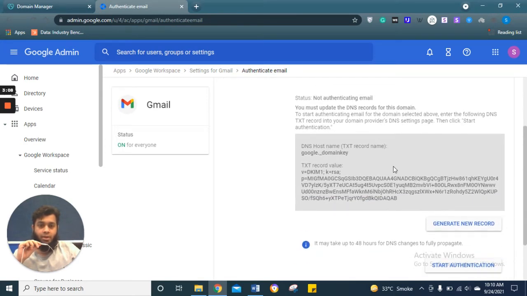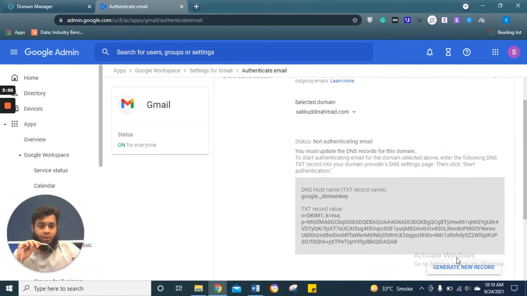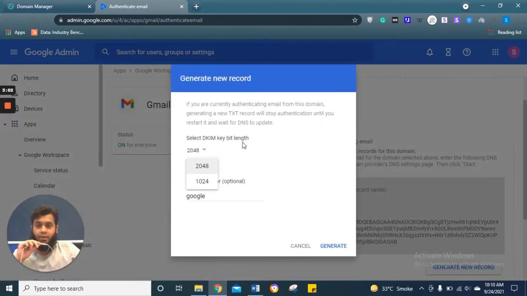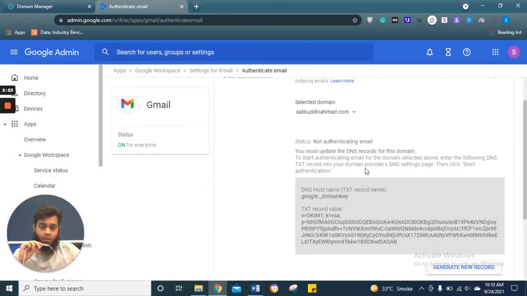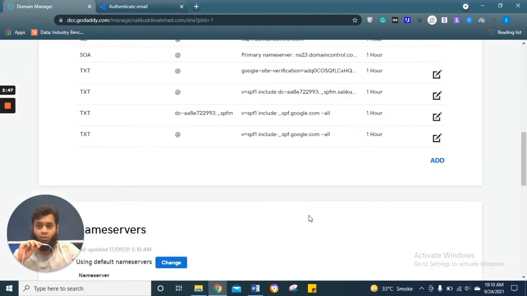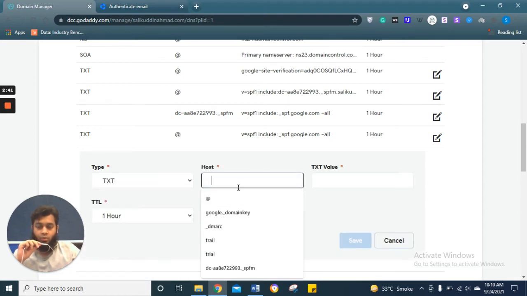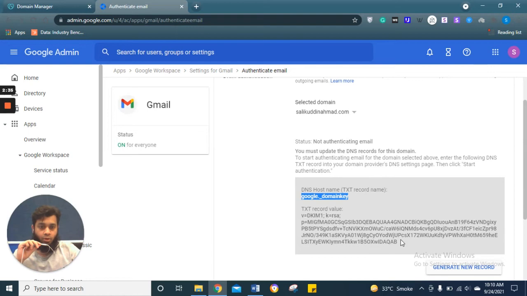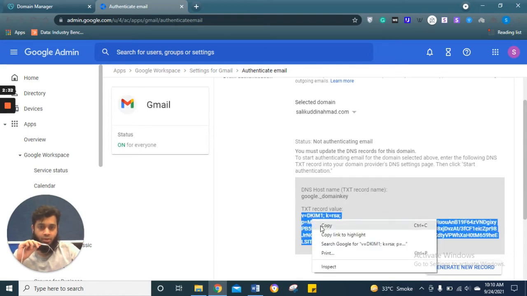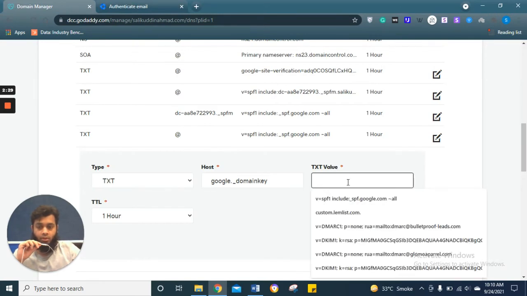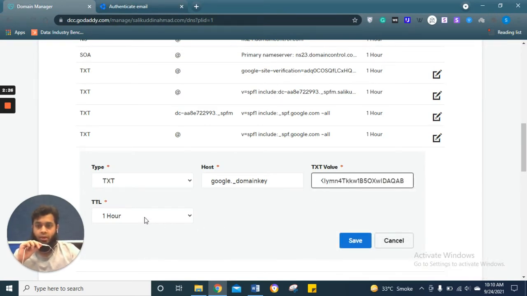Okay, so first thing is that this will be blank. You need to select the domain and then you need to generate a new record. Select DKIM bit length as 1024, prefix selector is google, so keep it that way. Generate. Now when it generates, it will generate this key. Select this first, copy, go here, add a new record. It remains the same, TXT. Host will become this, the same google._domainkey, which you copied from here, and then copy the TXT record value. Go here and simply paste the TXT record value. TTL remains the same, 1 hour.